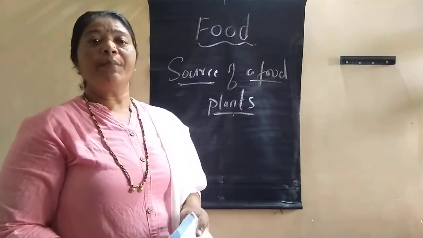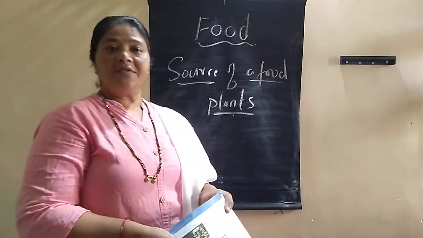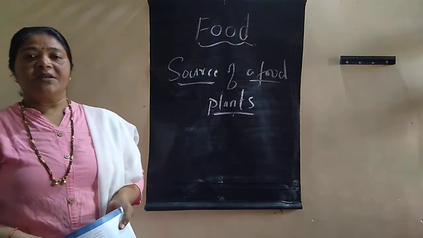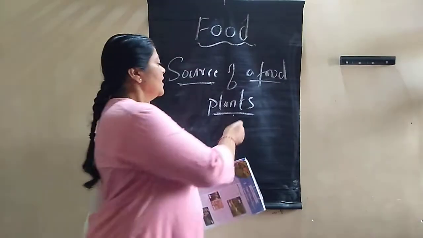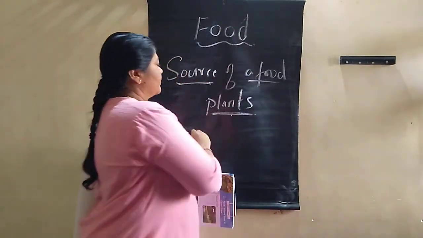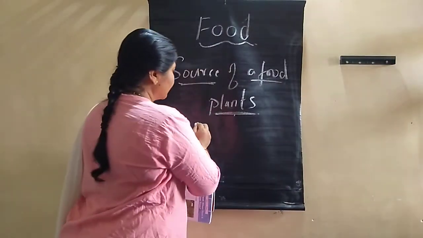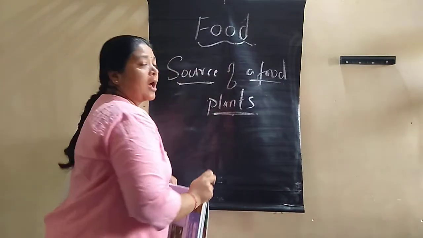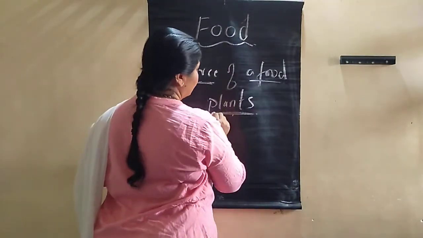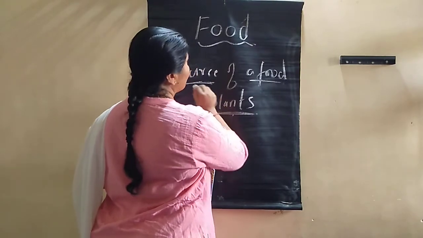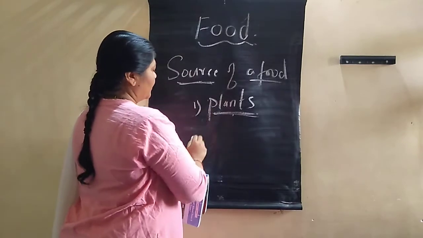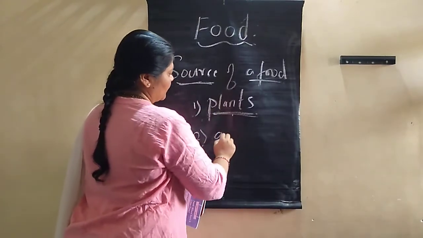You can think that some animals do not eat vegetables, like the tiger, fox and other cruel animals. They do not eat plants, but eat only other animals. Those are also called carnivorous animals. But most animals depend on plants for food. So the important sources of food are first the plants and second the animals.